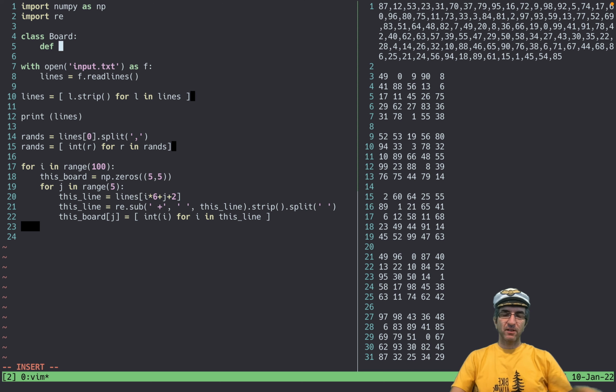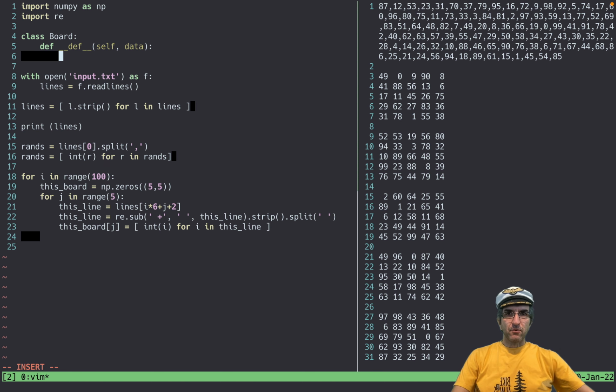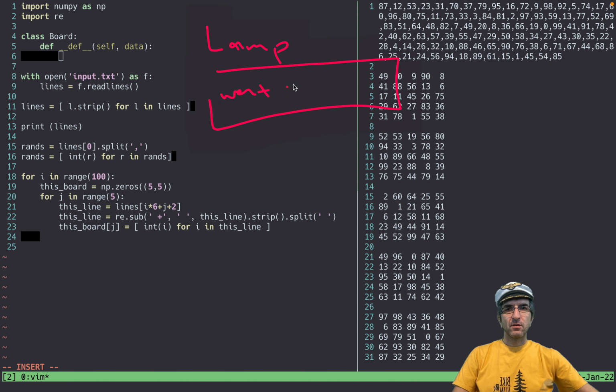There is one important function, in C it has a different name, in Python we call it def, which is called the constructor. Remember the lamp example? Lamp had some data like wattage and had some methods.